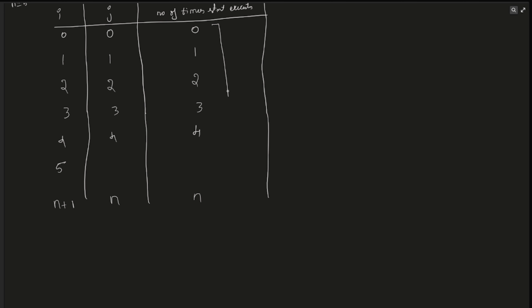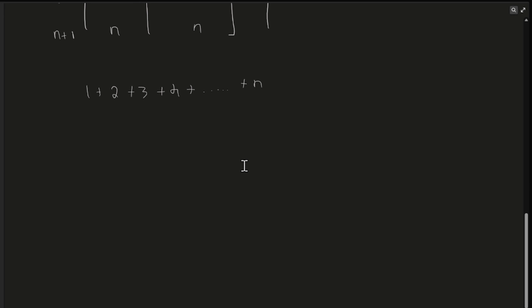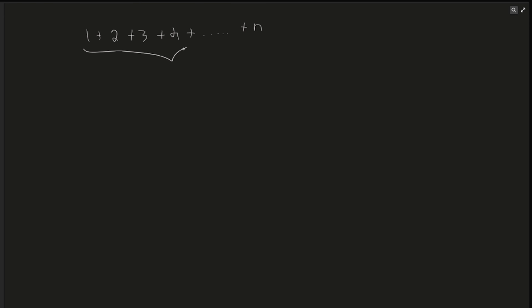Can't we just write these number of times as below? 1 plus 2 plus 3 plus 4 plus up to n. Can you remember some formula out of this? 1 plus 2 plus 3 plus up to n equals n into n plus 1 by 2,